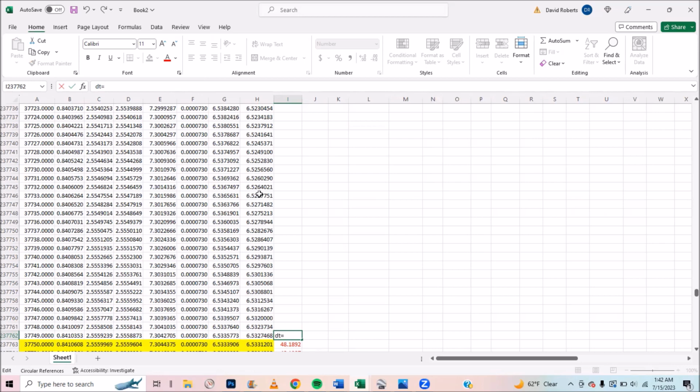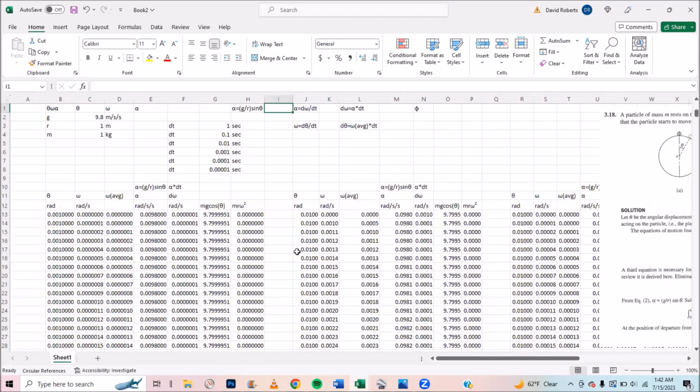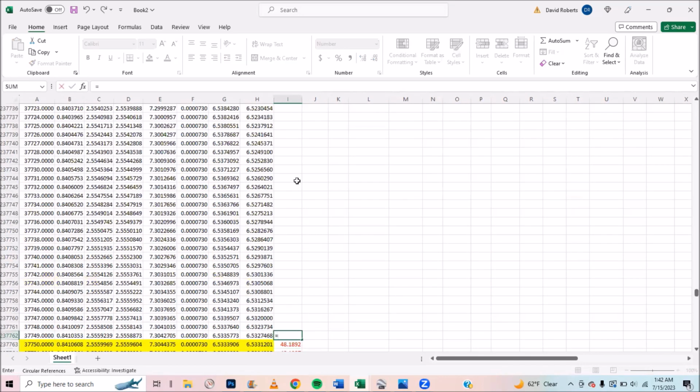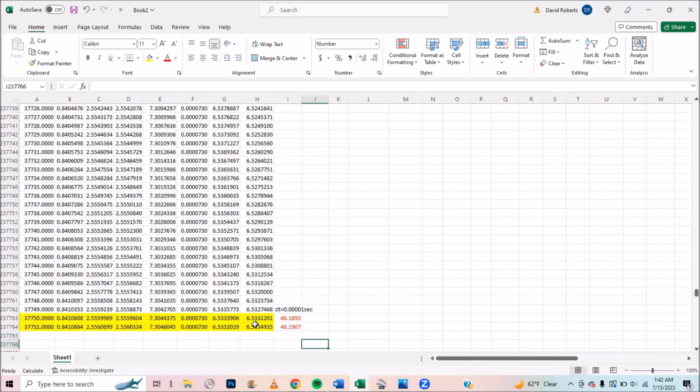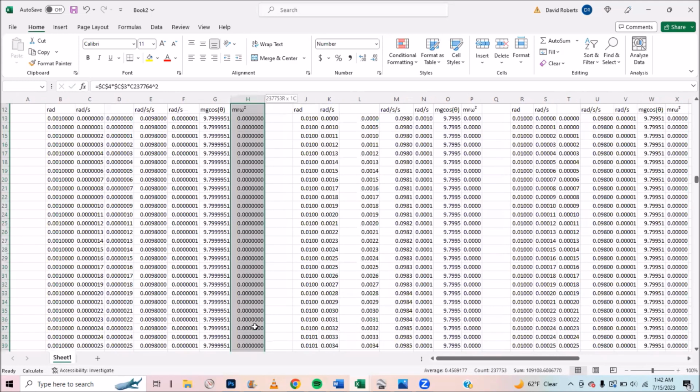Oh, I guess I'm not able to. So it's 0.0001, four zeros and a 1. So our change in time, our dt, is equal to 0.12341 seconds. Okay, there you go. Booyah. Okay, there you go. And we're gonna go shift up, control up, and